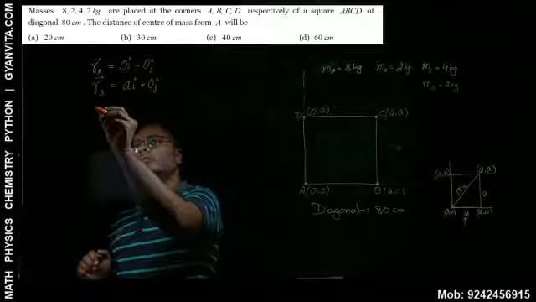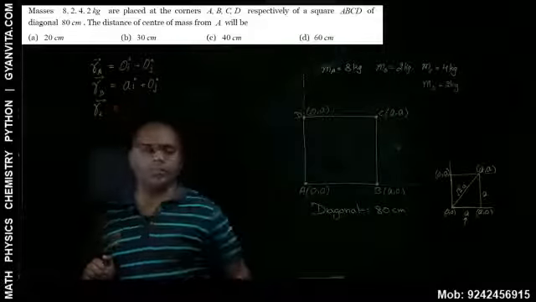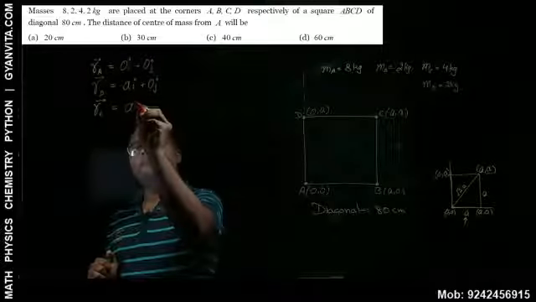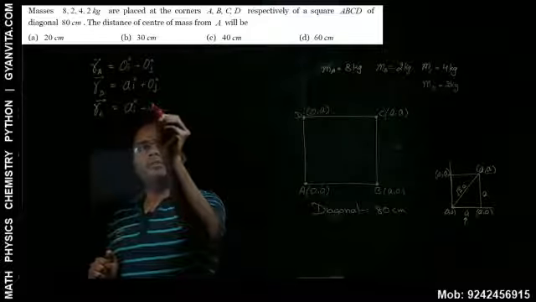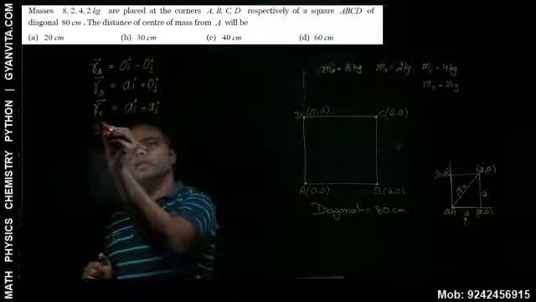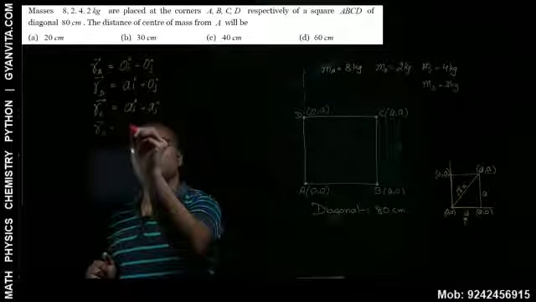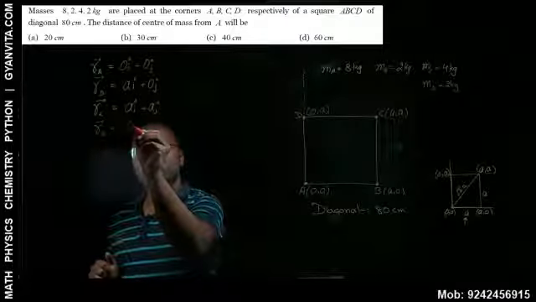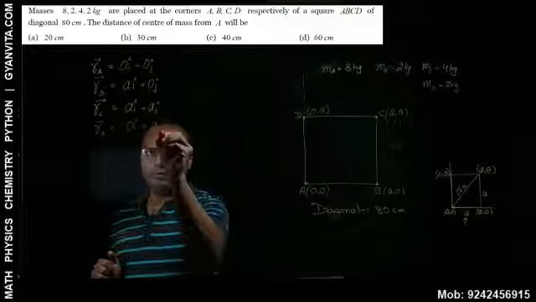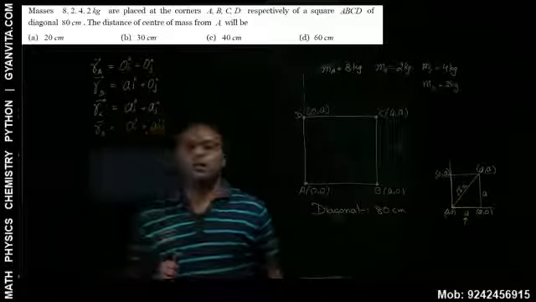Now tell me what will be RC? What will be the position vector of C? So A i cap plus A j cap. Understood, right? So what is left now? D. So what is the position vector for D? So 0 i cap plus A j cap. Clear? So these are the position